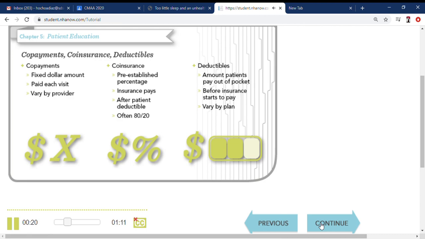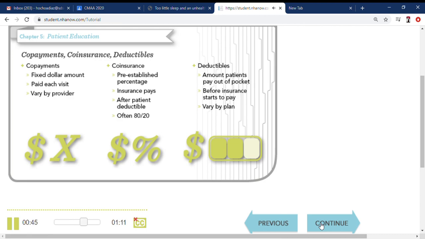Co-insurance is the pre-established percentage of expenses that an insurance company pays after the patient meets a deductible. Many plans have an 80-20 formula in place, meaning the insurance company pays 80% of the costs and the member pays 20%. For example, if the cost of a medical service is $500, the insurance company pays $400 and the